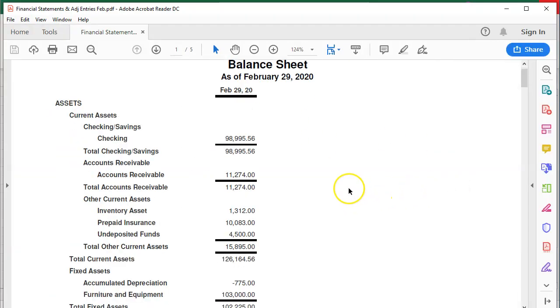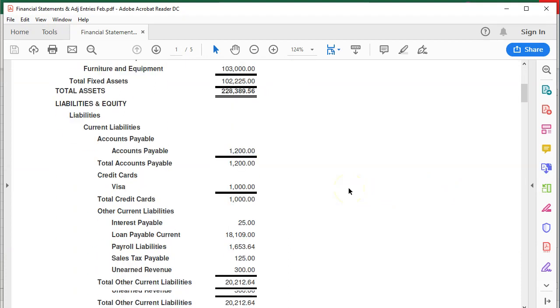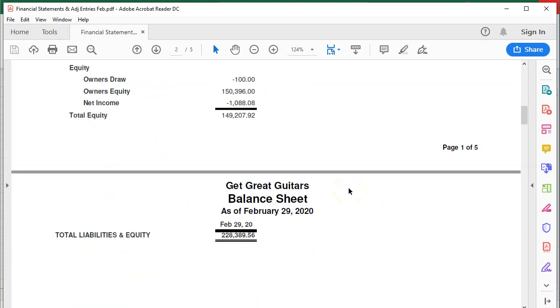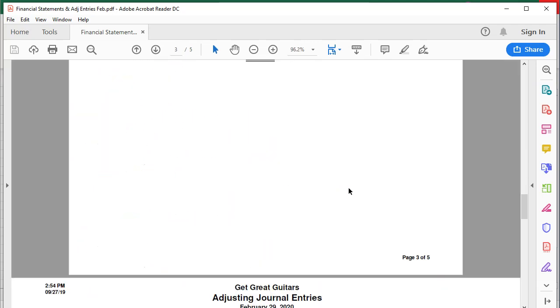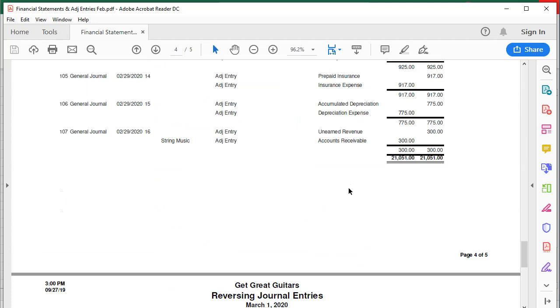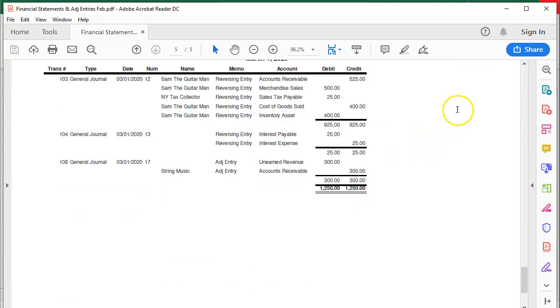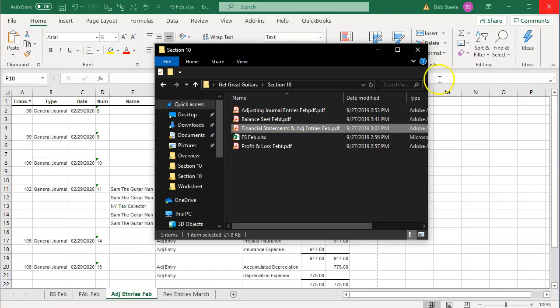We can all send this in one attachment, right? We're getting a lot of kind of documents in one thing. We can send this in one attachment. We got the balance sheet. We got the profit and loss. We've got the adjusting entries, look pretty clean, and then the reversing entries. Closing that back out. We also could then put the other format we could use is to group all this